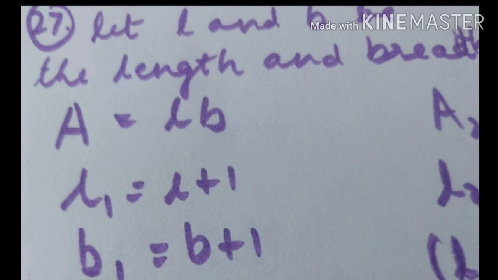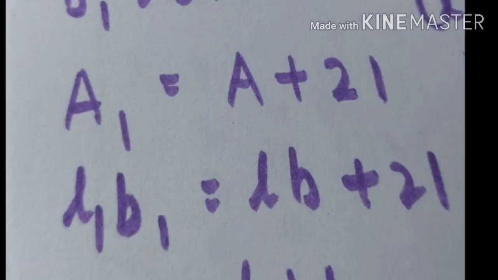First of all, let L and B be the length and breadth of a room. Here they have not specified any shape for the room, but you have to think that room means it will be a rectangular shape. Now here A is equal to length into breadth, that is the area. I have written here normal area is equal to L into B, as we have chosen length and breadth L and B. But L1 and B1 are the new length and breadth. Why? Because it is increased by 1 meter. So L plus 1 and B plus 1, the new increased length and breadth.